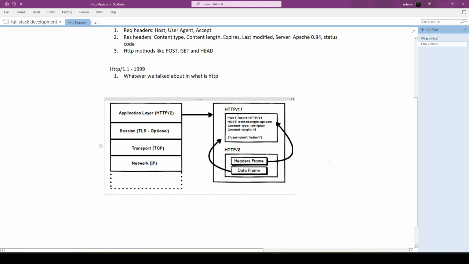So we have a header frame. The header frame contains the header, and the data frame contains the data. They're not directly showing this data. They're compressing this data in a different compression way. We have an application layer, and then we have the session, which is TLS, which is basically our encrypted request, where we have a certificate on the website. So we have a header frame and a data frame, and then we have TCP, which is the transport